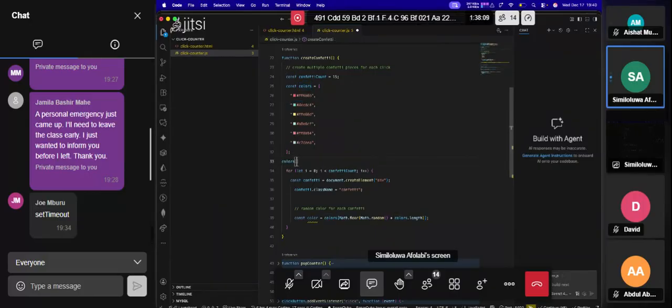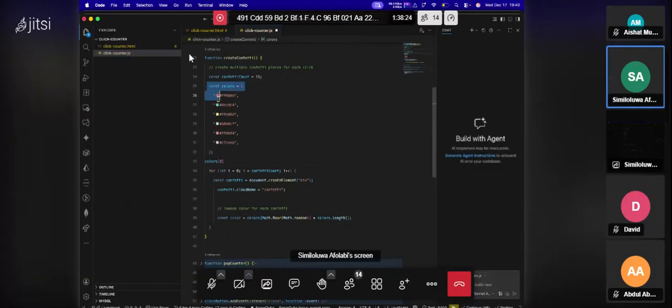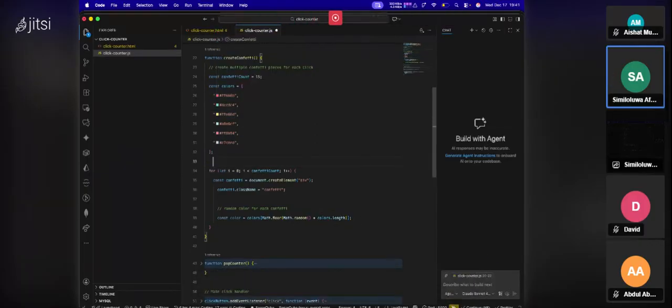For example, you can say colors of index 0. It's going to give you the first one. You say colors of index 2, it's going to give the third one, right? So this one is basically randomly getting any of these between 0, 1, 2, 3, 4, 5. So between 0 and 5, this line will give you a number into this guy, so that these colors can be colors of maybe index 0, index 5, index 3, index 2, and so on and so forth. Okay,